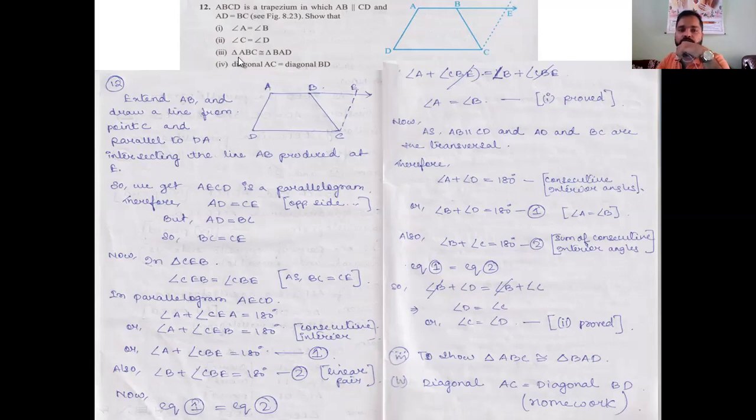Number 3, to show triangle ABC is congruent to BAD, you have to join AC and BD. This BD and AC you will join, and then you have to show that these two triangles are congruent. If you can show that these two triangles are congruent, then by CPCT you will get AC is equal to BD. That means number 4 you are going to get from number 3, and number 3 I gave you as homework. Okay, it's a very simple step. AB will be common, angle A is equal to angle B, and AD is equal to BC. By side angle side, easily you can show that these two triangles are congruent. Okay, so we will meet next at 8.2.